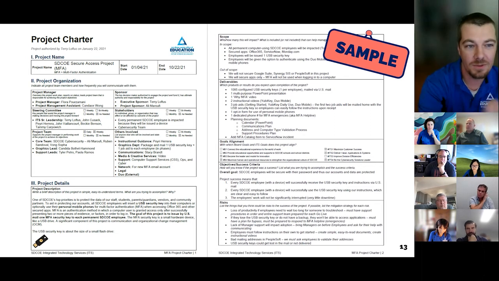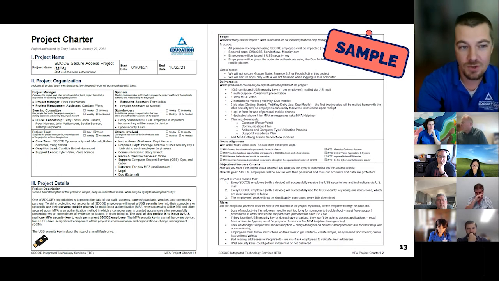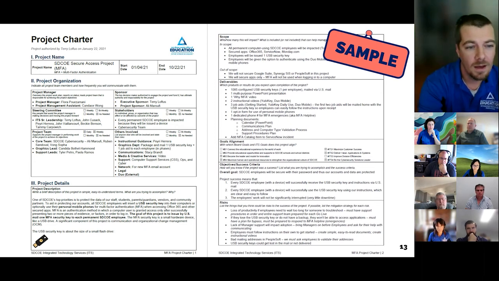And getting into deliverables, again, the products or results expected on the completion. So we just did physical USB security keys, a PowerPoint presentation that can be used for many things, a why MFA video, instructional videos, job aids, opt-in form, a dedicated phone number for MFA emergencies, four planning documents, and the incident item that got added to our ServiceNow catalog. Then we aligned it with our goals, and then broke into the objectives and success criteria.